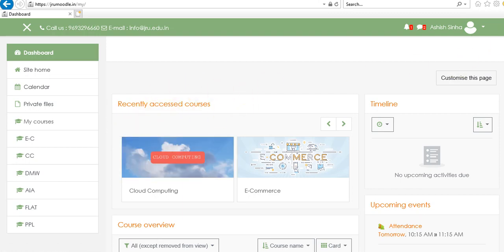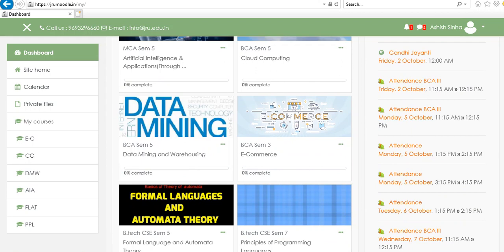So you only need to click on any of the courses where you are enrolled, or which course you are going to access the study material for, or mark the attendance. Suppose your e-commerce course is scheduled at this time, then you only click on your course e-commerce.